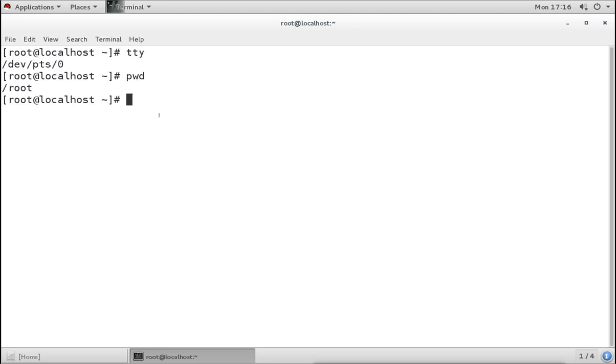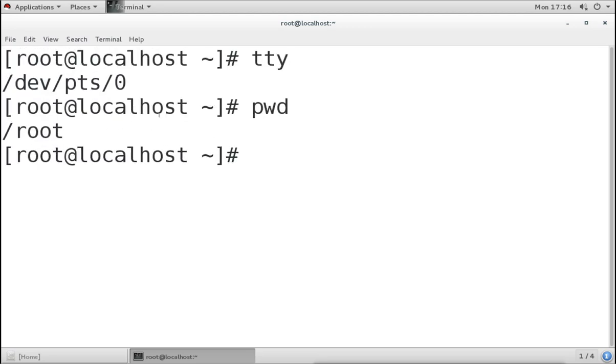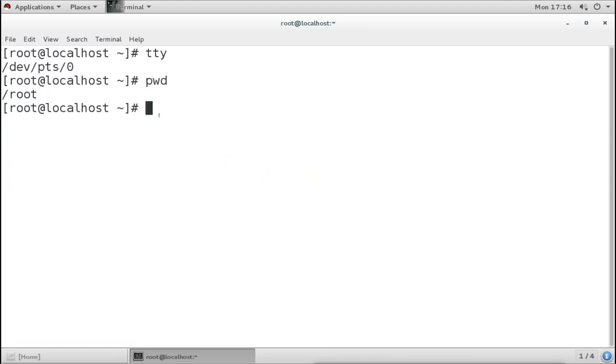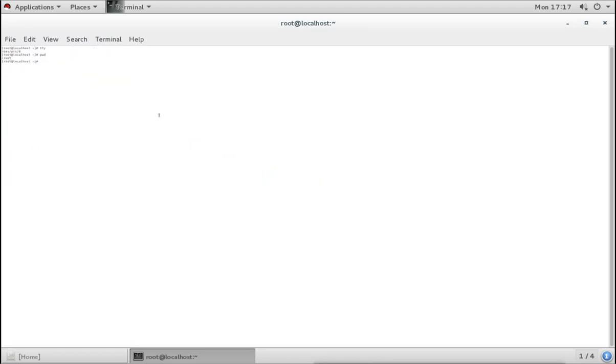Now we can see it is increasing the font, zooming. For decreasing it, we can press Ctrl+-. For the minus key we don't have to press shift, so we only press Ctrl+-, and then it will zoom out. For going to the normal size, we can press Ctrl+0, and it goes back to the normal size.